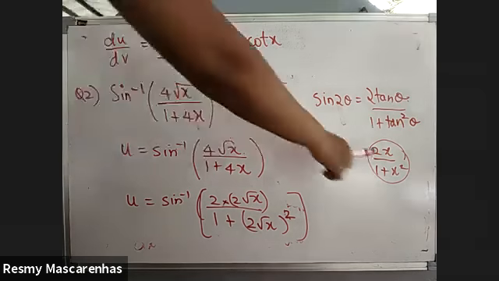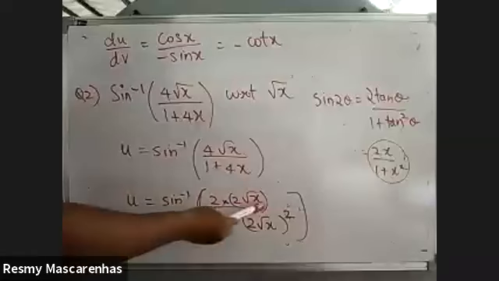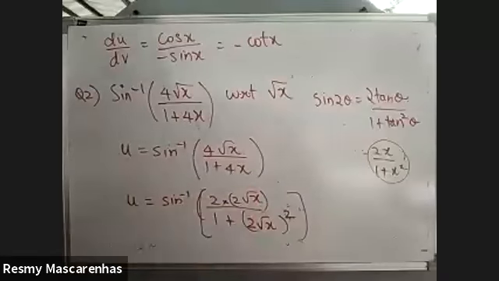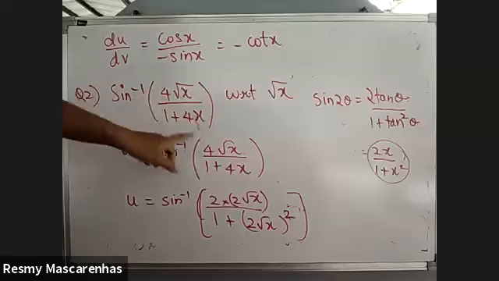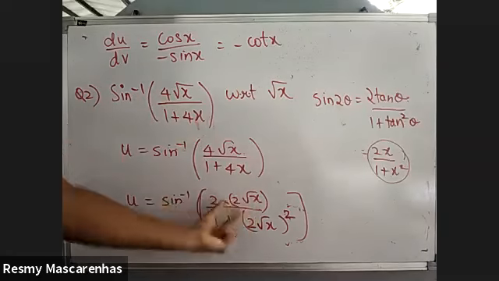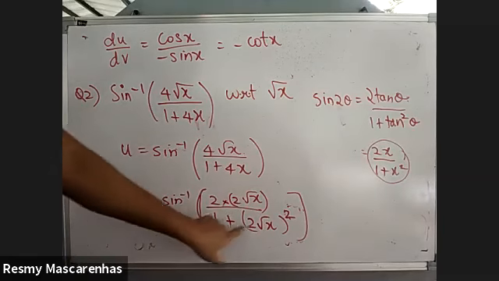So I've arranged it in this form. Now instead of x, what do I have to put? Tan theta. So this whole thing, whatever is there in the bracket, you should equate it to tan theta. So let 2 root x be equal to tan theta, that will be your substitution. Again I'm repeating, this 4 I've split as 2 into something upon 1 plus that whole square. So it is like 2x upon 1 plus x square.